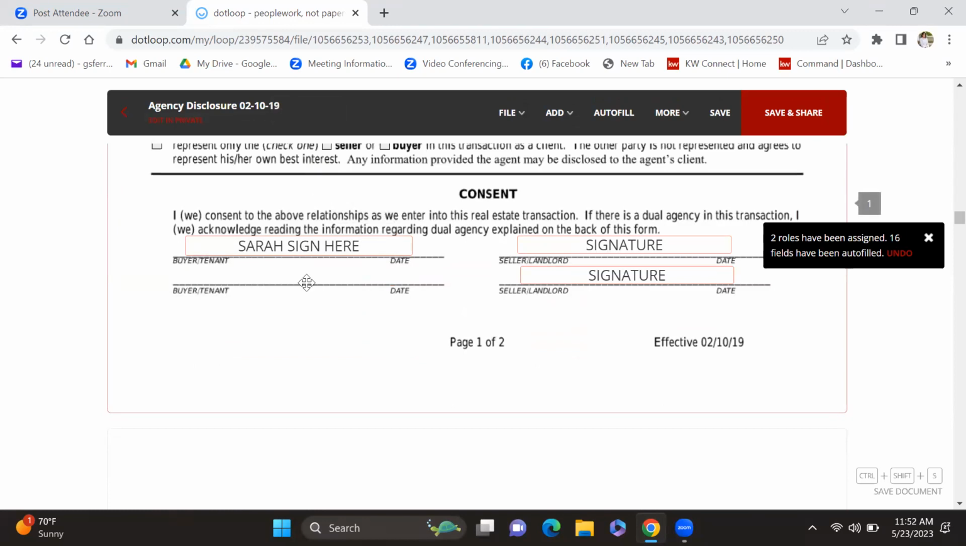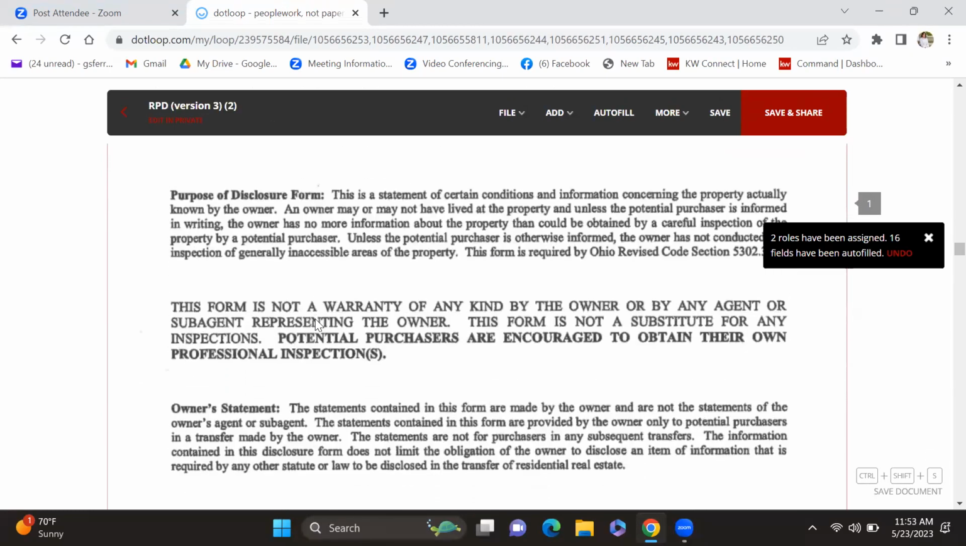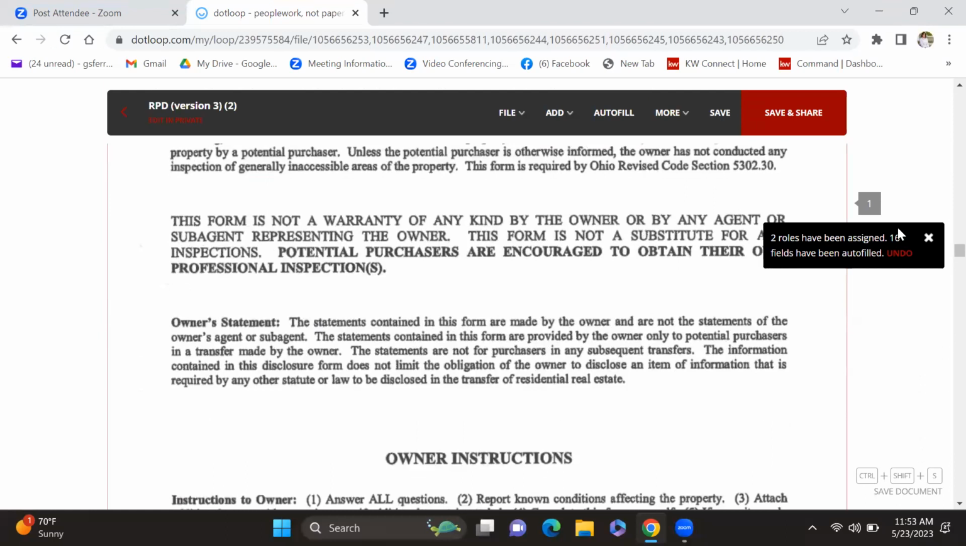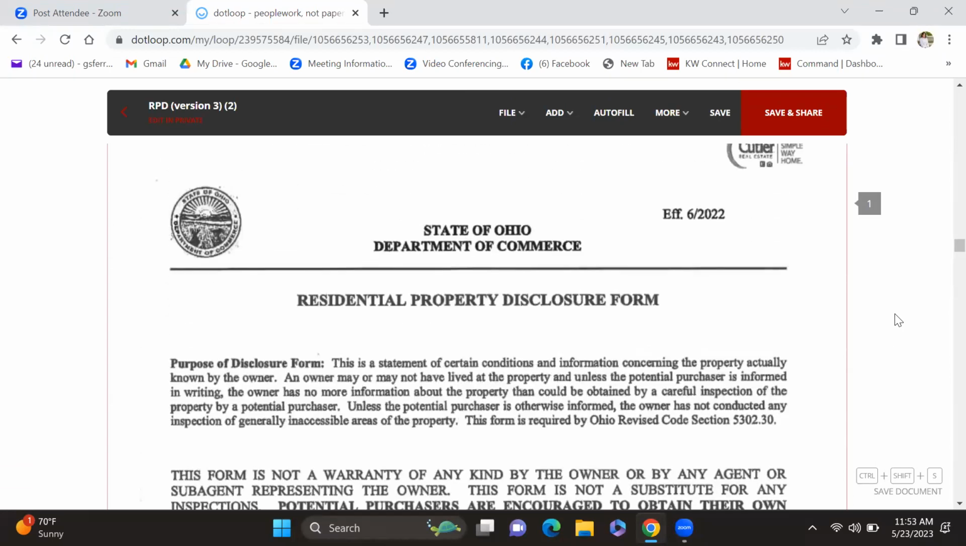If there's not two, delete the second one, or just assign both if there's two. Okay. So now when we get to the property disclosure, this is the one that I pulled in from my